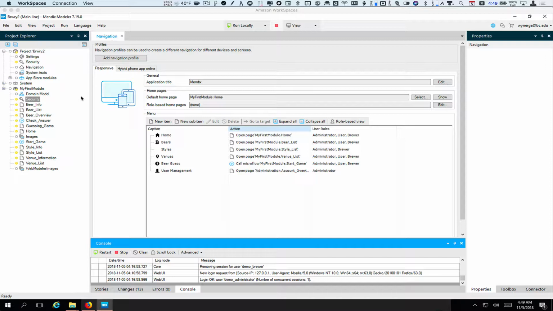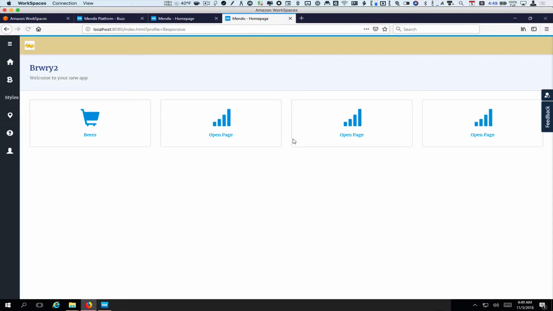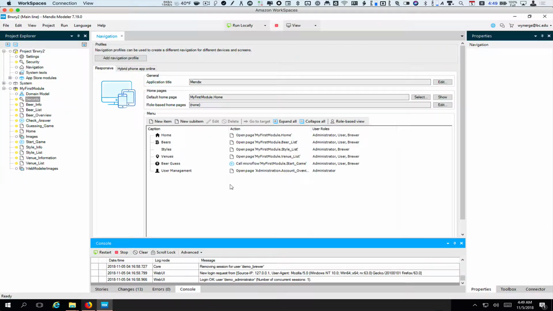But for right now, let me just introduce this idea. You'll recall the last time when we go to run this app, we'll be prompted to log in. Of course, we're already logged in here, and the login was a little more complicated in the cloud. So what we're going to do here is allow us to run the app